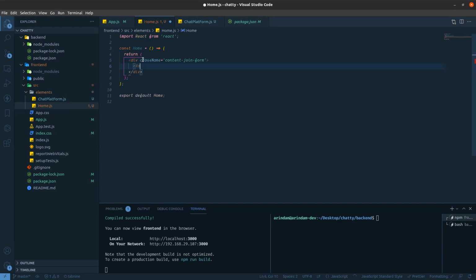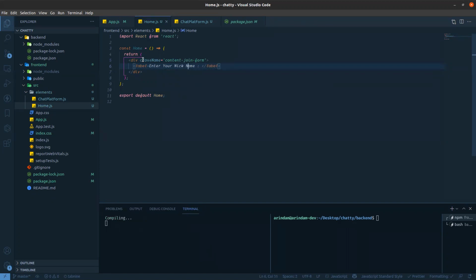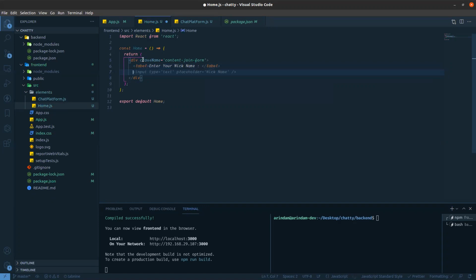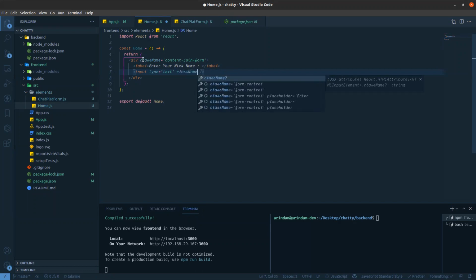I'm giving one label over there, like enter your nickname, and one input we need. So input type text, nickname, or whatever you can give. I'm not giving any placeholder over there. It's not needed because we already provided that label. So this type should be text, and we also need to give some class name.